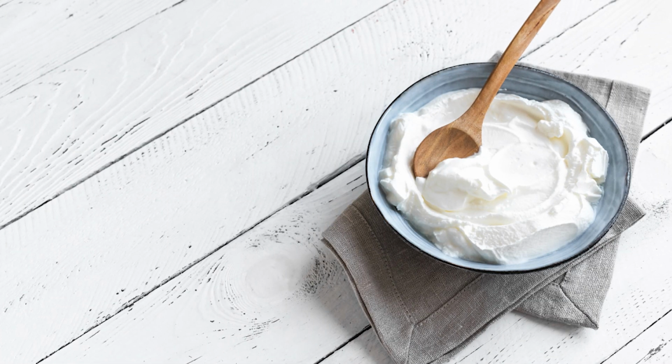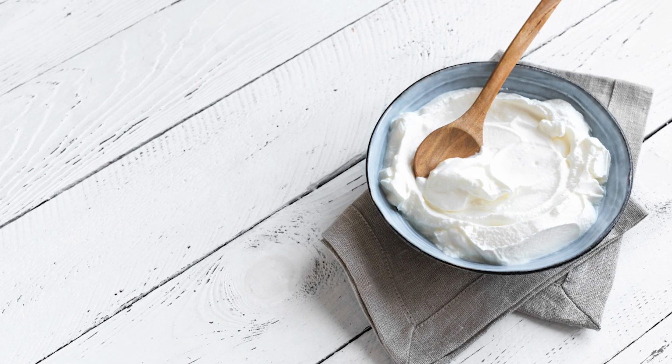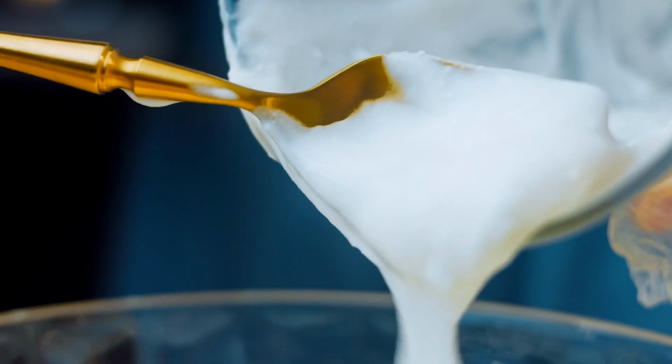I love using Greek yogurt in cooking, and it can be an amazing swap for so many things, but unsweetened Greek yogurt also works as an egg substitute, and it gives a rich texture, but it's also adding protein back into the recipe that you're losing when you take the egg out. If you want to use this as a swap, you would replace 1 whole egg with a 1/4 cup of